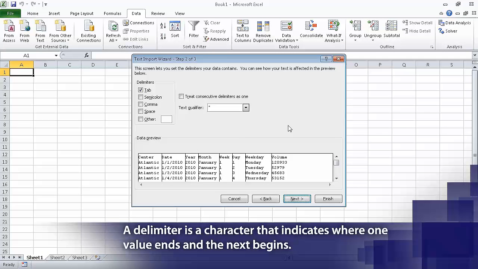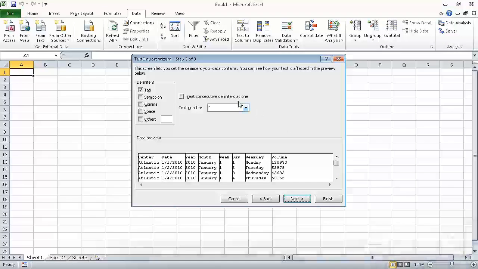On the next page of the wizard, in the Delimiters area, verify that the Tab checkbox is selected, and also verify that the data displayed in the Data Preview area reflects the structure that you want. In this case, everything looks right. We have center, date, node data is moving over 2 columns, and all of the data appears to be relevant to the column that it's part of. Now we can click Finish,